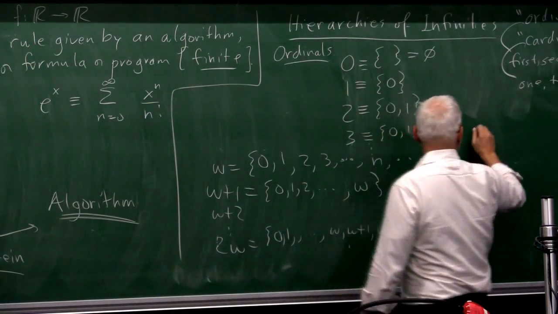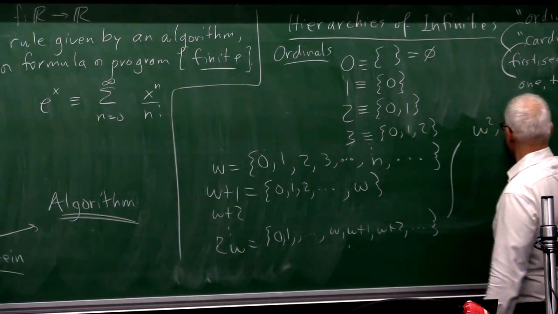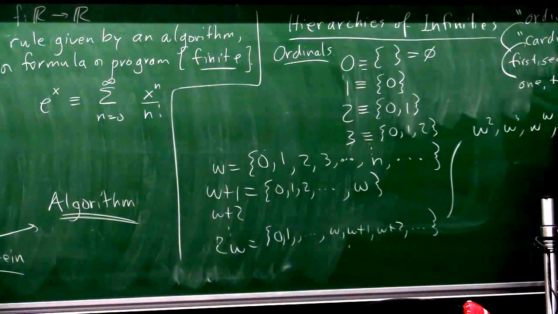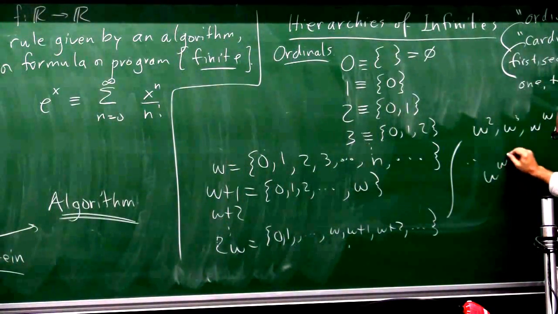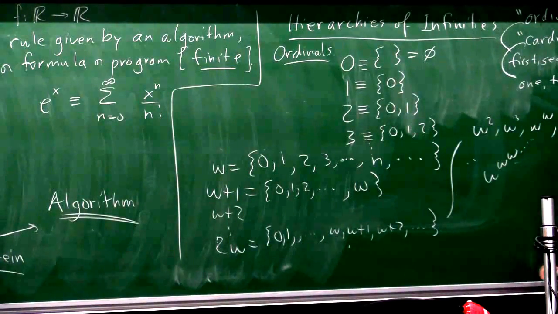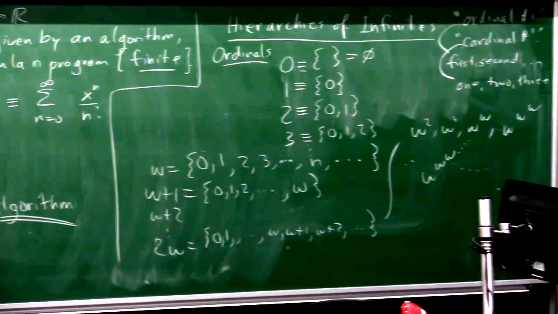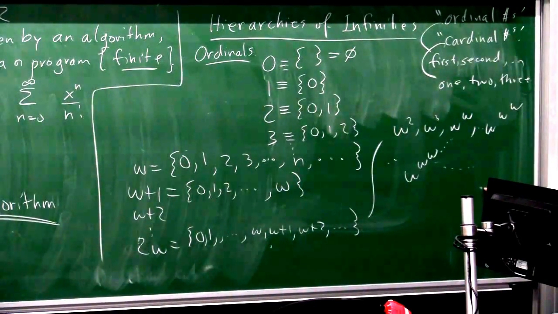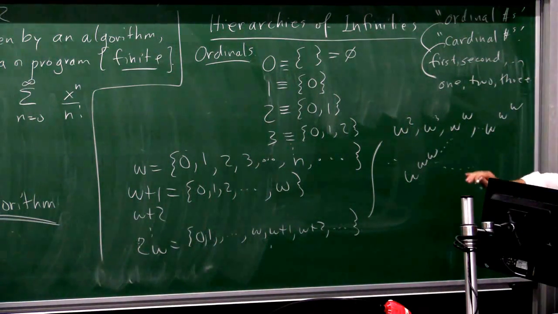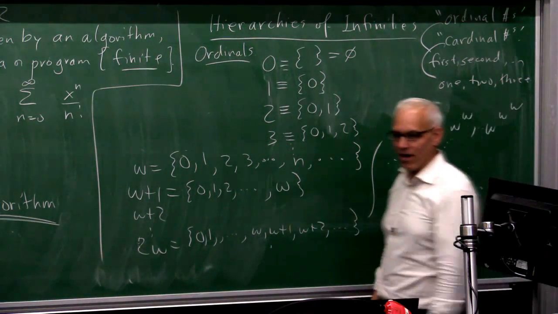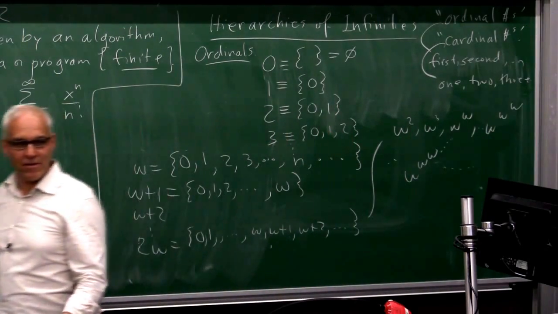And then we can eventually go to W squared, and then W cubed, and then W to the W, and then we can go W to the W to the W, and then W to the W to the W many, many times, and it gets bigger and bigger and bigger. And this is just the beginning. Okay, so for modern set theorists, this is just baby stuff, and the ordinals are some massive, hard to comprehend thing that goes on beyond.